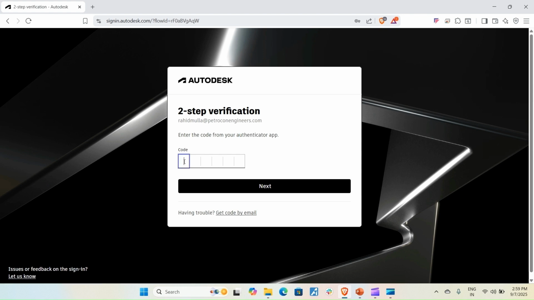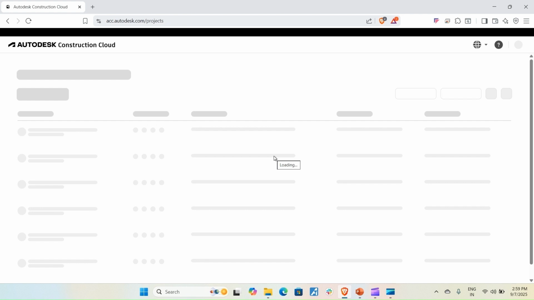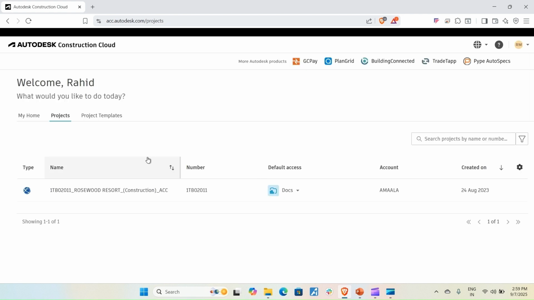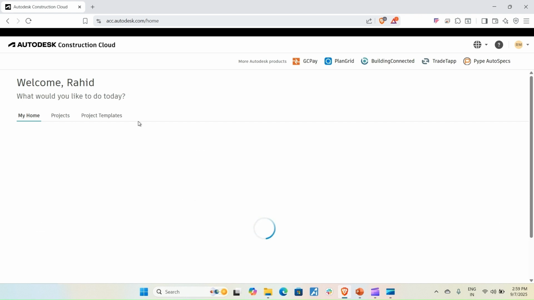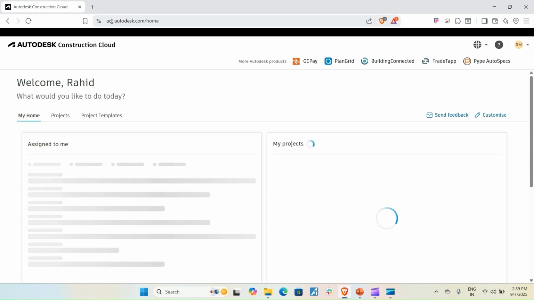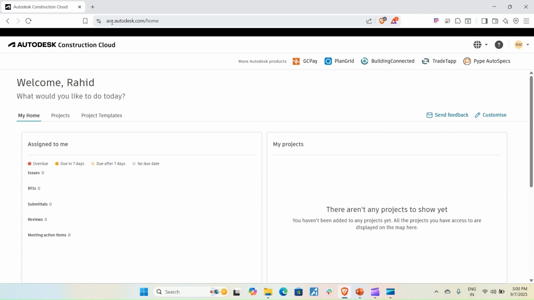Here I have the authenticator ready with me, and I am entering the code that has come in. Once it verifies my details, I am on the home page of Autodesk Construction Cloud. Clear? So we went to acc.autodesk.com, signed in with our details, and here we are on the home page.